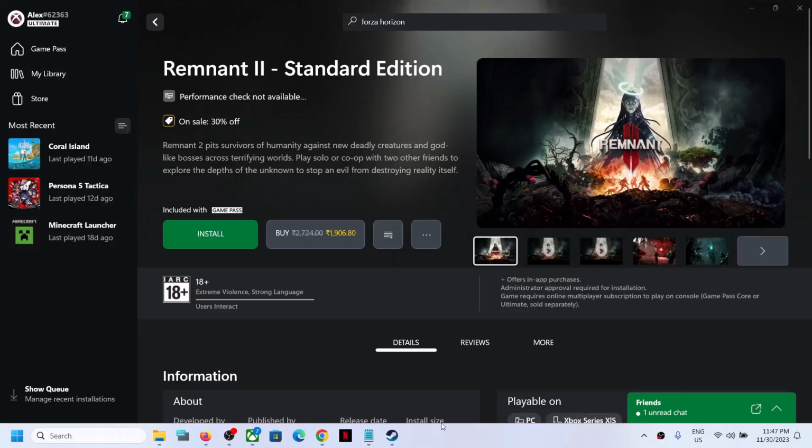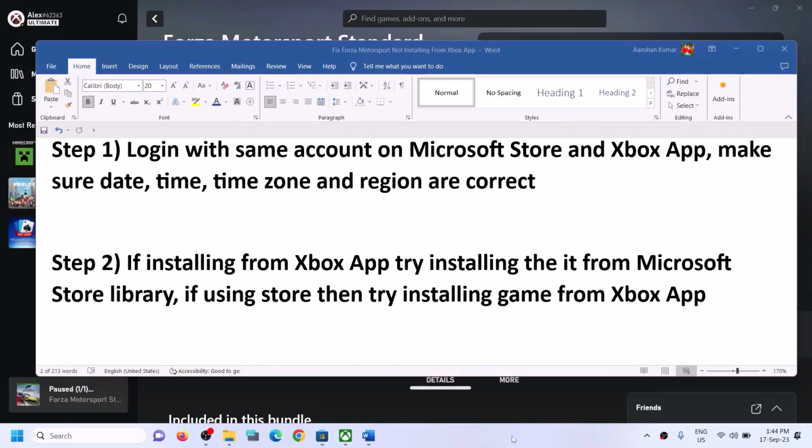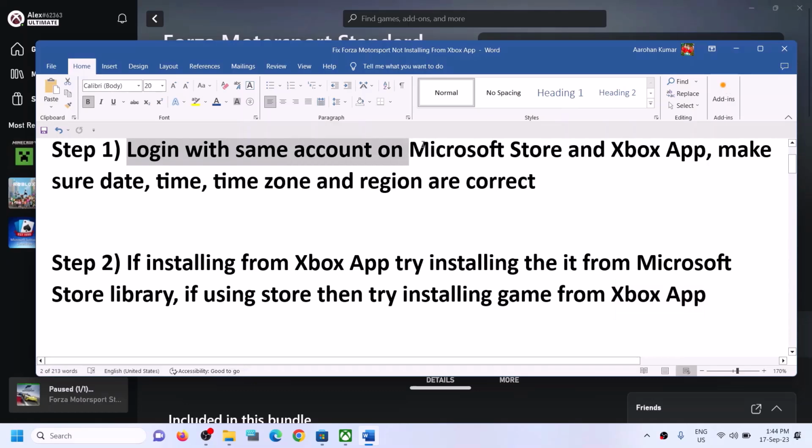Today in this video I'm going to show you how to fix when you're unable to install Remnant 2 game from Xbox app, or if you're unable to install it from Microsoft Store, then please follow the steps shown in this video. The first step is to log in with same account on Microsoft Store and with same account on